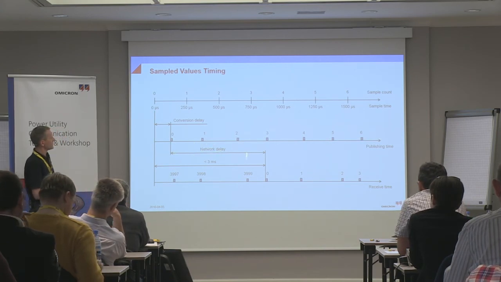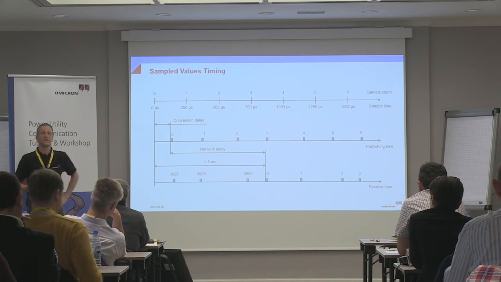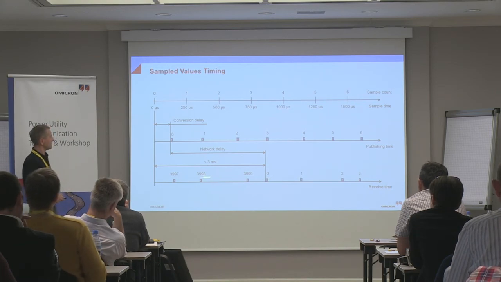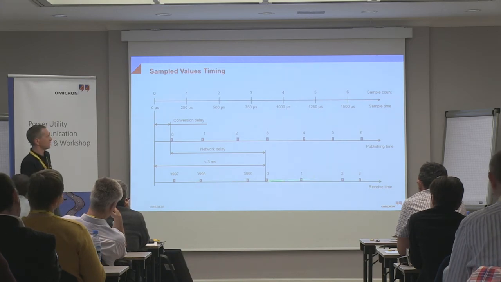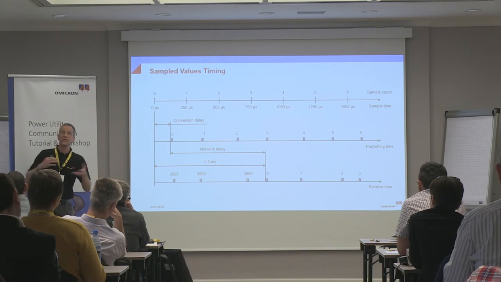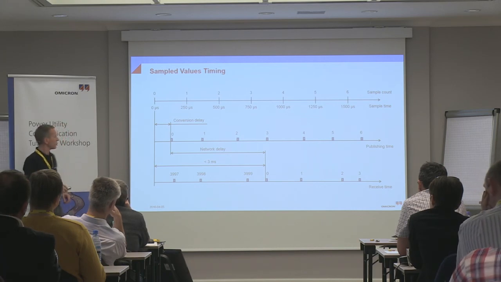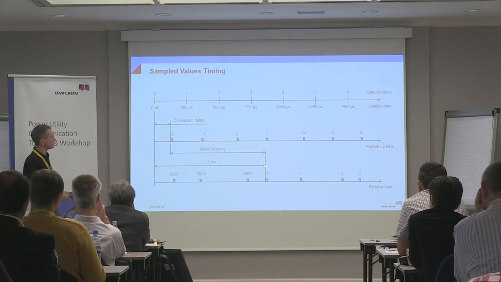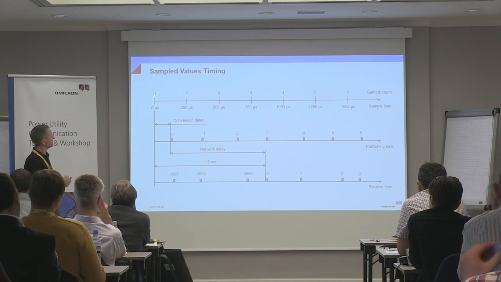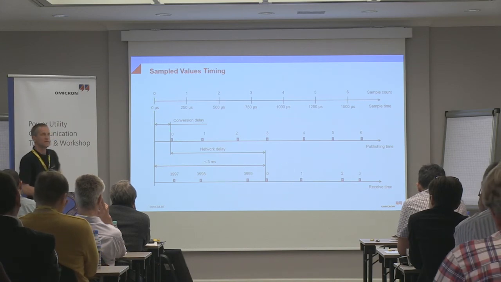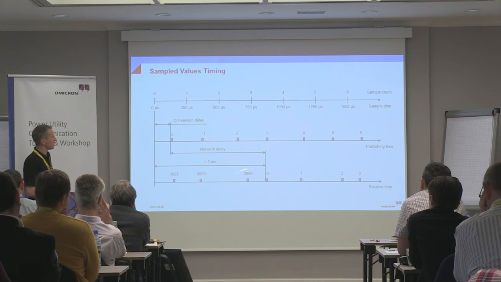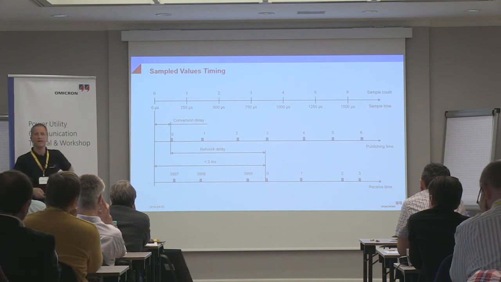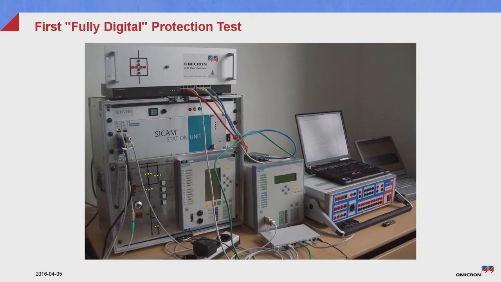And then the packets are even further delayed until they reach the publisher. And you see, on purpose, I have put some random timing in. You can even collect more jitter on the way through the network. But this is not really a problem, because the specification just says I need to get it within 3 milliseconds after this point in time where I have taken the measurements, and the subscriber has to deal with this delay and this jitter.